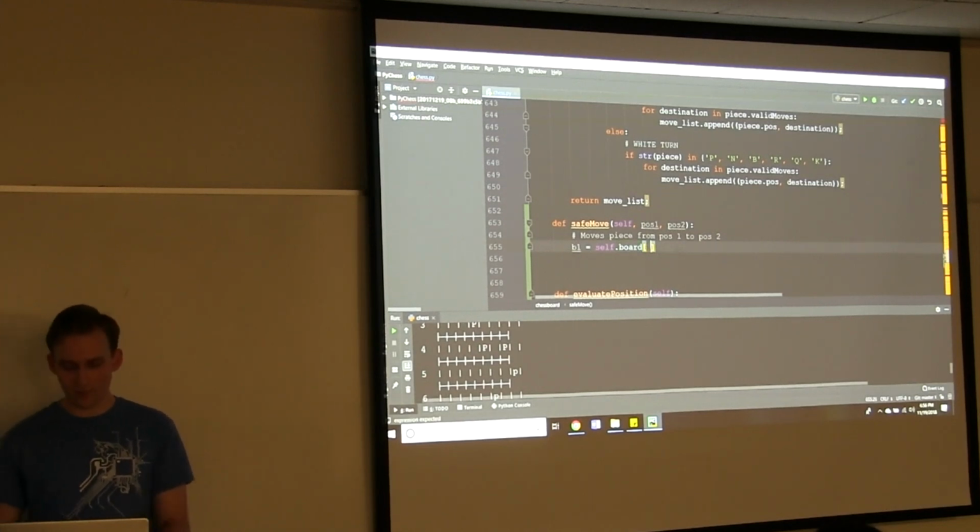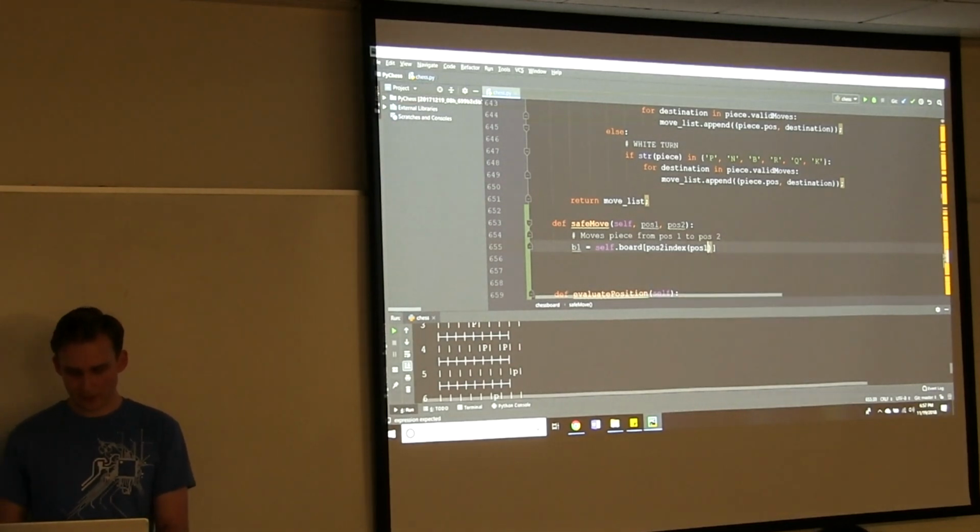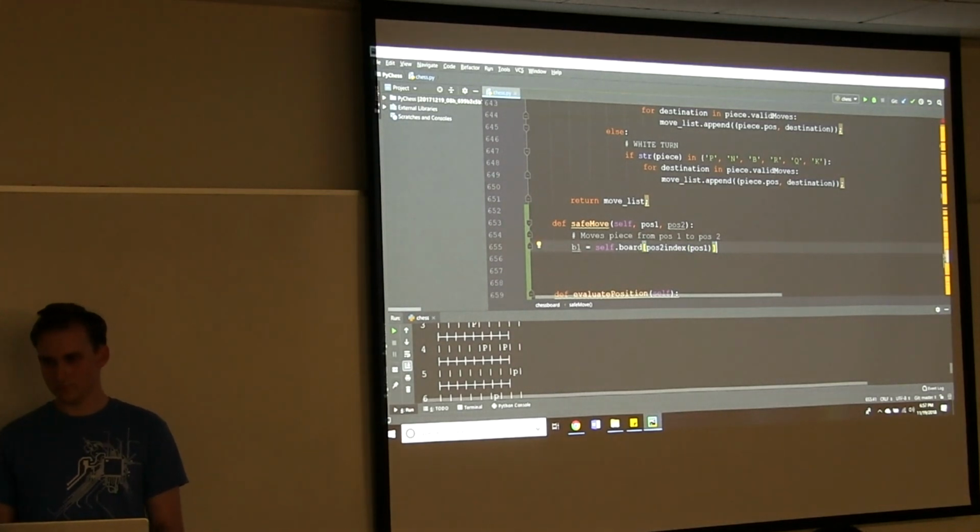So there are just some helpful functions like position to index, very easy to grasp.